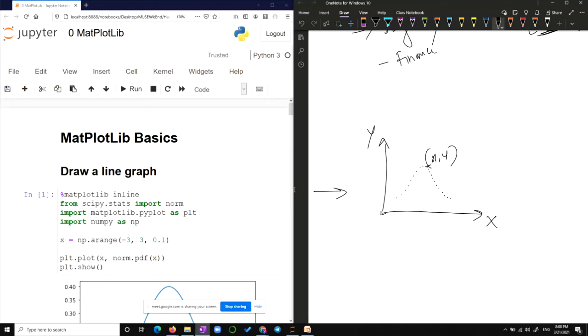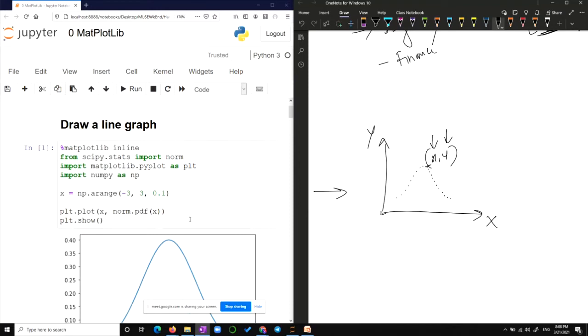So it means what? To call for a function, you have to give it some x and some y, then only it will plot. So these are all the steps to generate those x and y, because we are not using any data here. We are simply generating some random data. So you're also learning how to generate some random data and plotting it also. Very simply done, very easily done.